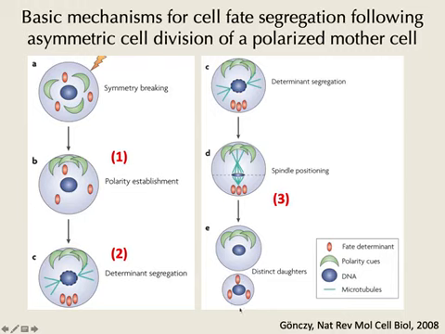And then, as depicted here, only this daughter cell has inherited the fate determinant. So we'll see an example. If that fate determinant is telling, okay, now you're becoming a neuron, versus the absence of the fate determinant says you're remaining a stem cell, there you go. Now you have a division which has been asymmetrical by design, or I don't want to say design, the mechanism makes it asymmetrical, and the outcome is that you have 2 different cell identities, right? It's very important when you think about it.